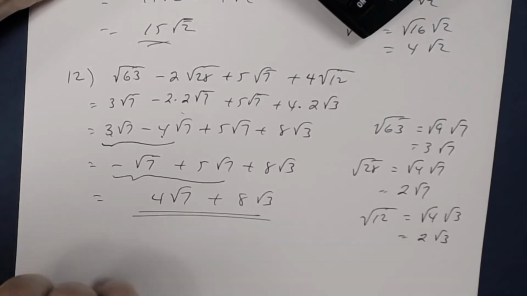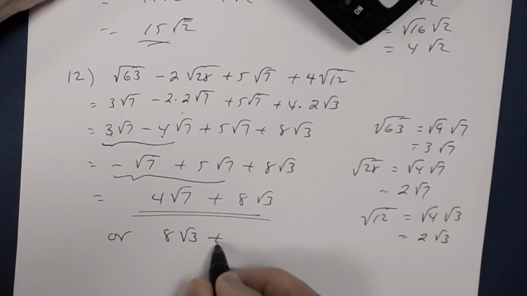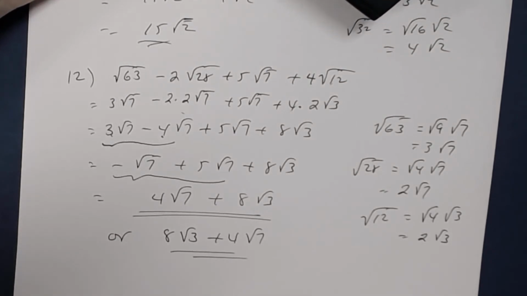Can I combine these? No. That's 7. That's 3. So you're done. Now, if you want to, you can rewrite it as 8 square root of 3 plus 4 square root of 7. Okay, either one's fine. All right, so